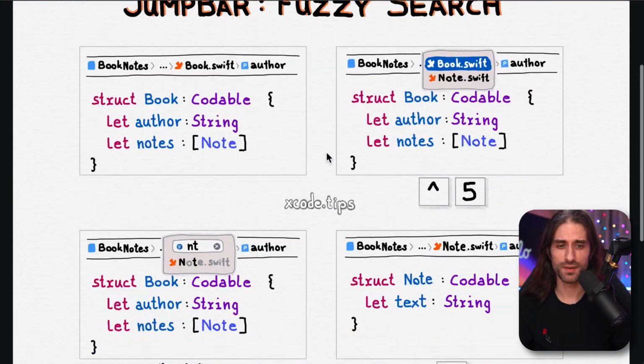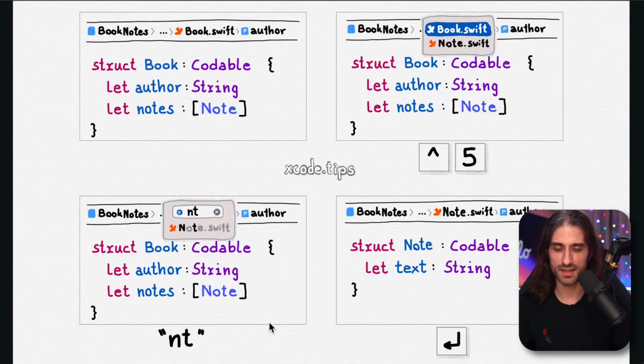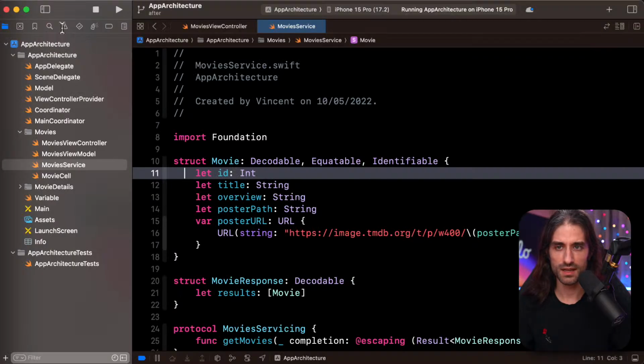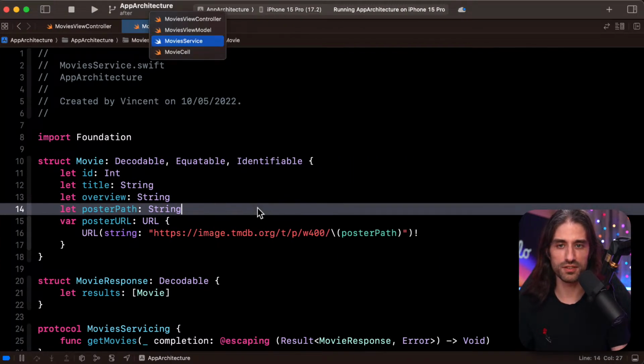Then fuzzy search. So if you press Control 5, it's just like Control 6, but to open this one. And then you can do fuzzy search. You see, you write NT, but it's not going to search for NT in a contiguous position. It's going to search for an N, then maybe other characters, and then a T. So it's interesting. Let's see. First, remember, we had learned Control 6 to open this one. Control 5 opens that one.